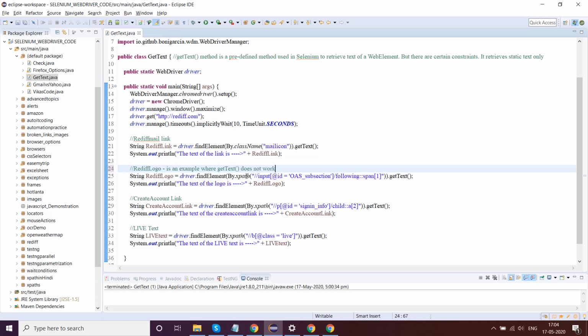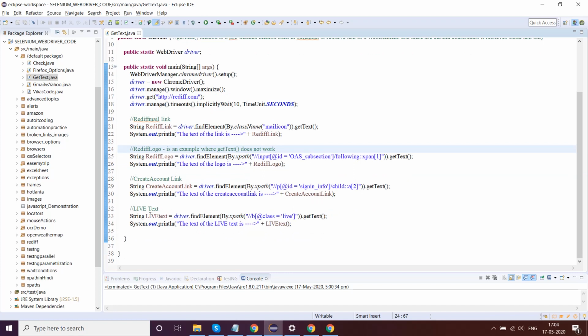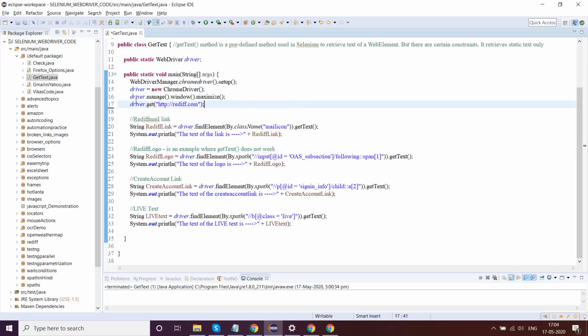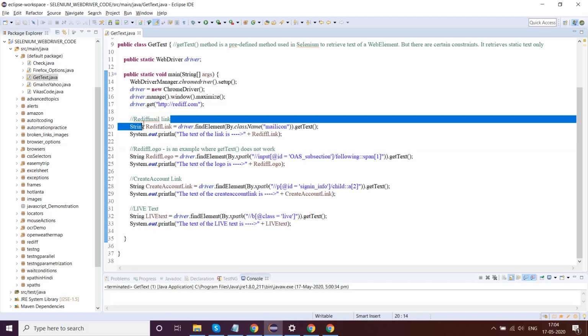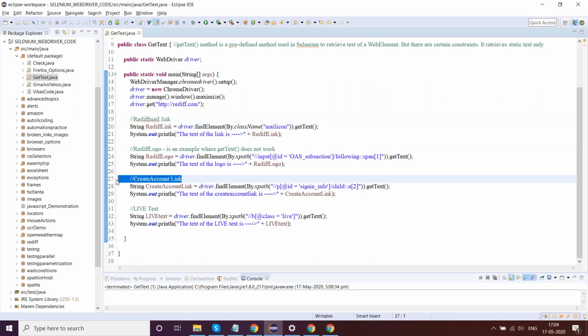Now this live text, it is not able to identify that particular element at this point of time. Why? Later I'll tell you. Even this thing makes no sense here. It will not work. So anyways, you can see that this web element is not working. This works fine and this works fine as intended.